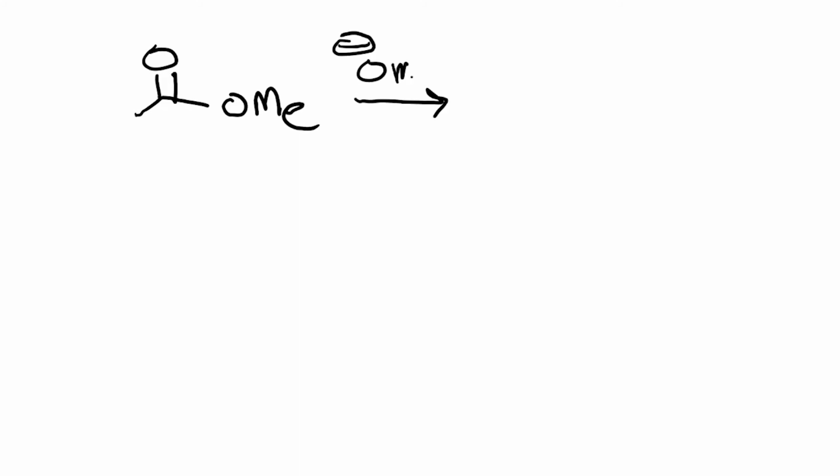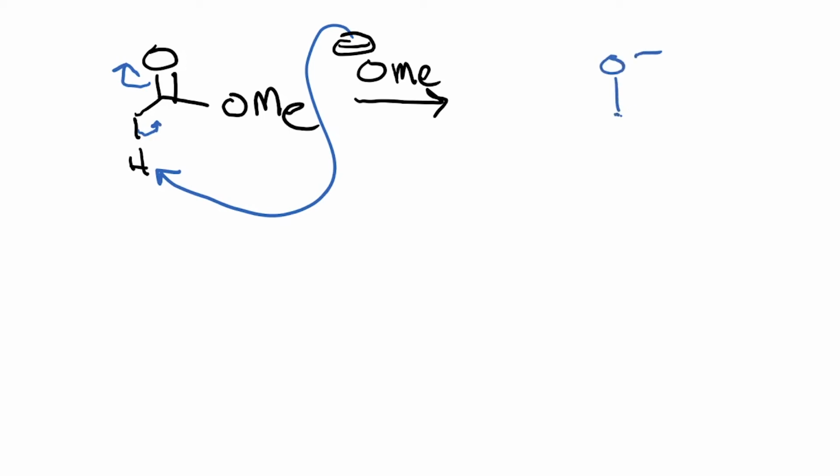One variety of carbonyl compound that we all know is the ester. A typical ester is shown in the following manner: C double bond O, OMe. Let's say I take a methyl ester, and now I add a base to this, OMe minus. What can happen is that the negative charge can attack this hydrogen over here, and it can generate an enolate, O minus, OMe, with a double bond. So this enolate of a carboxylate derivative can be generated under these conditions.